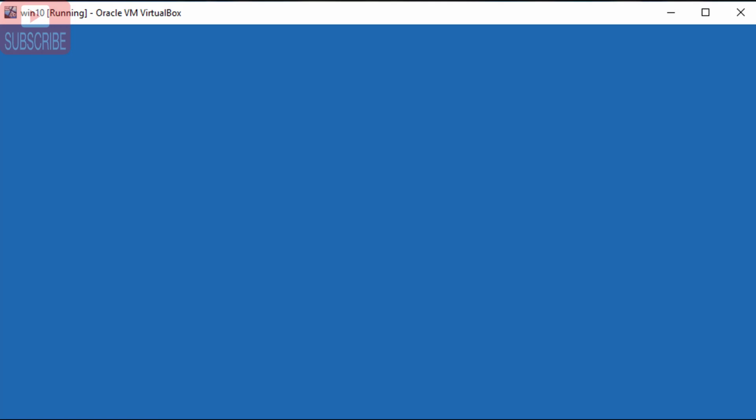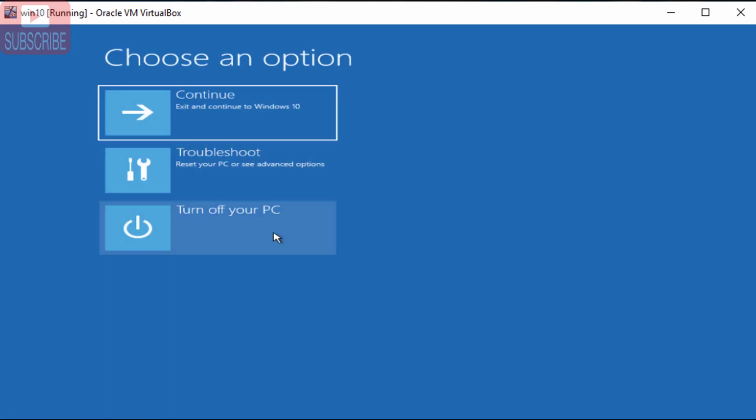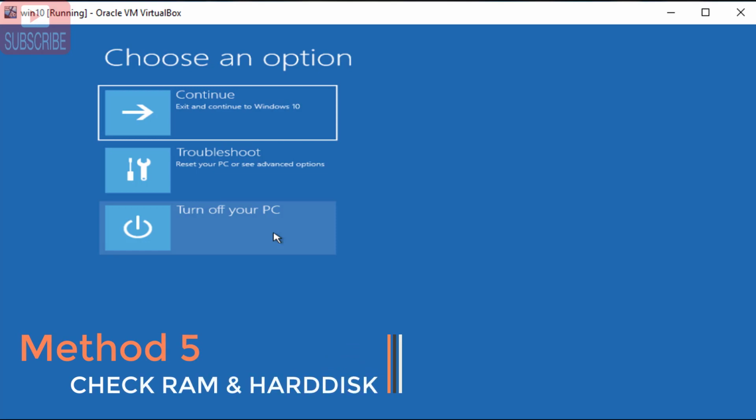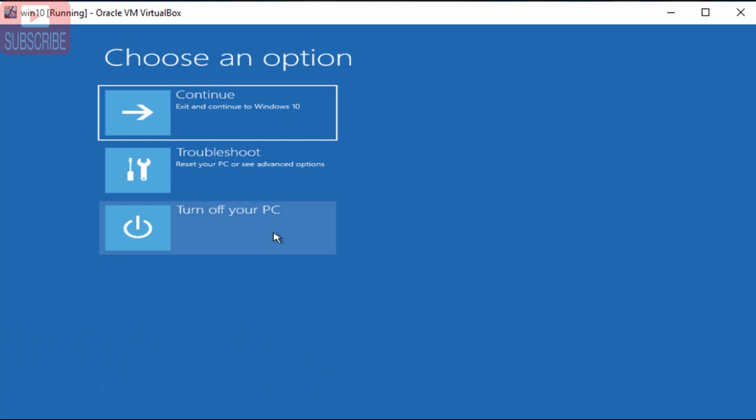Now hit the exit button and click on turn off your PC and again restart it and check for the resolution of the problem. If somehow the problem still persists, the last step is to make sure you check your hard drive as well as your RAM. If the problem is not due to these reasons, there is a malfunction in your hard drive as well as in your RAM. So kindly remove the RAM from your PC and insert it properly again and check again for the resolution. So these are the 5 ways. By using these 5 ways, your problem of bad system config info error must be resolved.